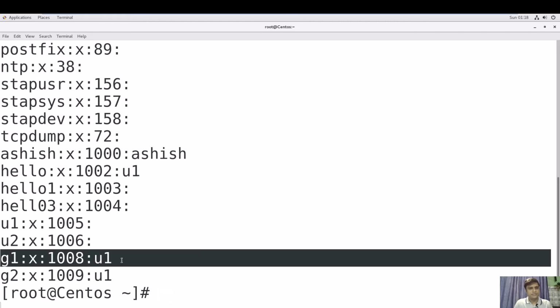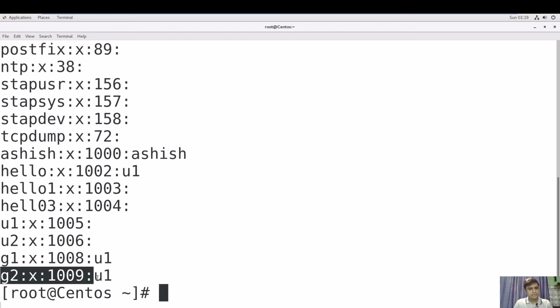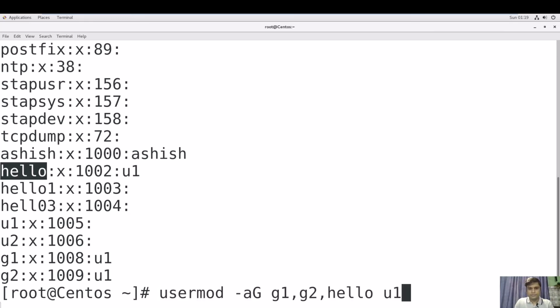See, U1 is added in G1, then U1 is added in G2, and you can also see here U1 is added in the hello group, right? So in this way you can add a single user into multiple groups. You can also add U2 over here, right?